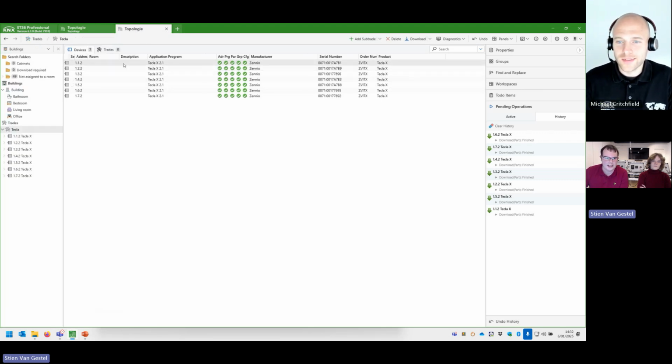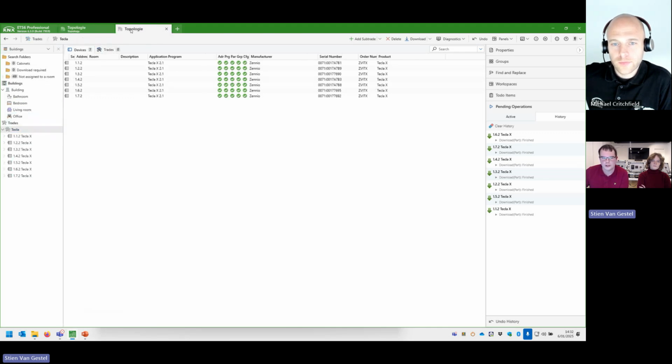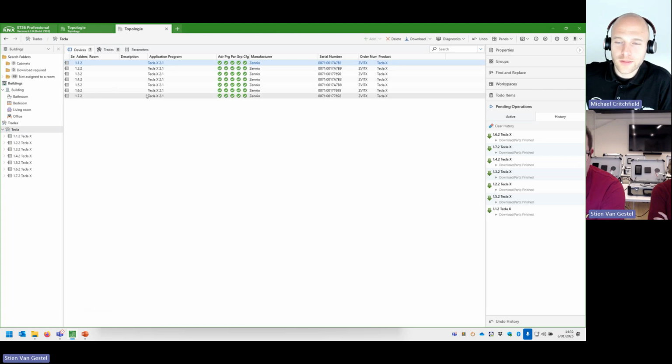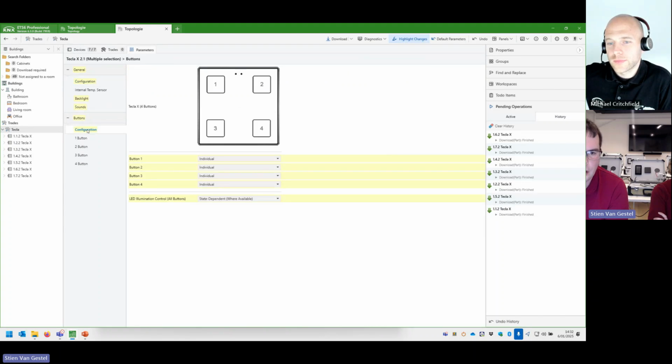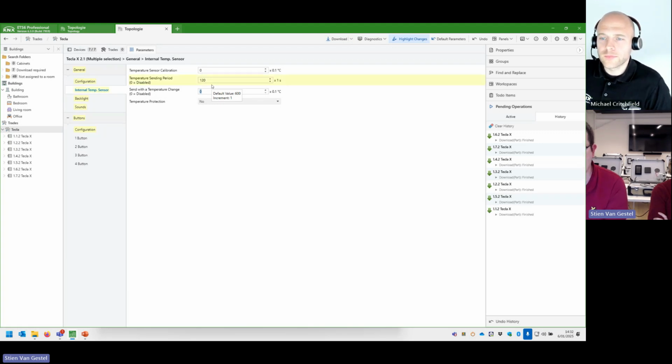Let's say on the topology level, actually, the topology level is clear. Every line has its router. At the moment, everything is downloaded, but let's make a change. For making a change to the parameters, I always make a trade for a device. Okay, very good. I select all the devices together, go to the parameters, and now I'm changing the parameters of the Tekla device. For example, over here you can see that the Tekla measures the temperature every 10 minutes and sends it on the bus, but we want to have it more frequently on the bus. So let's say 2 minutes.